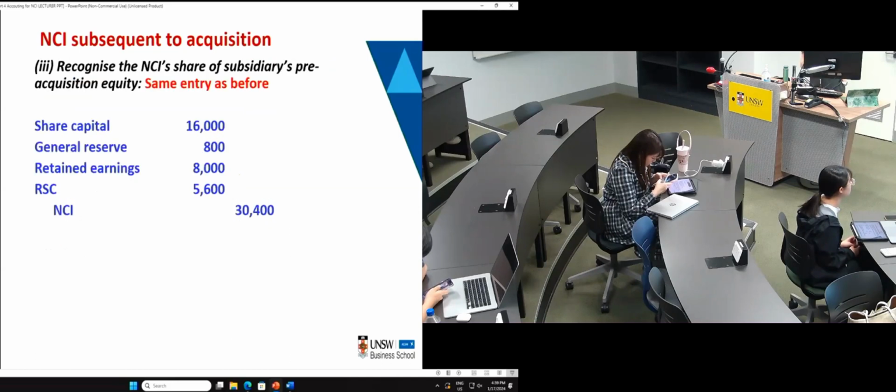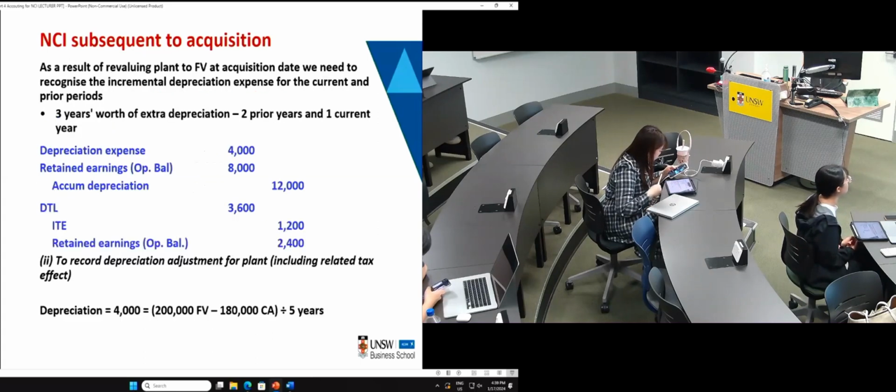All right, now then step 1, NCI calculation, same as before, right? Assuming the partial goodwill method is used. So in your step 1 NCI entries, we allocate the subsidiary's pre-acquisition equity balance proportionally to NCI. And this NCI balance here, 30,400, is equal to its proportionate share of the subsidiary's net assets. All right? So we have verified that in our previous records.